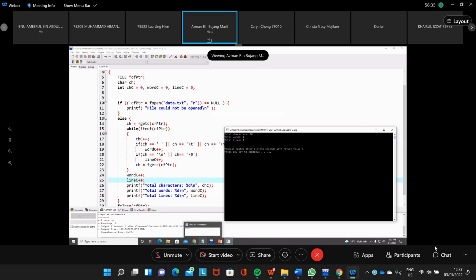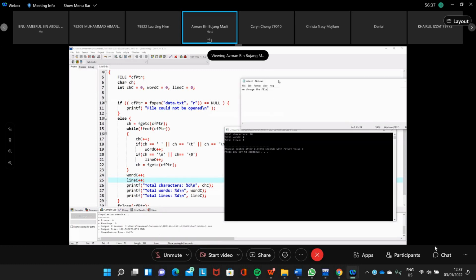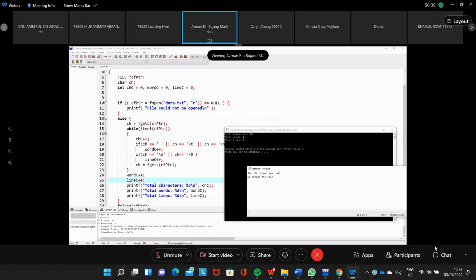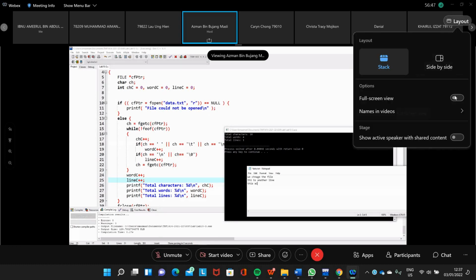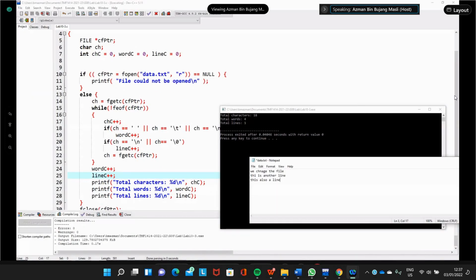To test it further, you can enter more lines. So this is another line. This is also a line. Last line. So we have 4 lines, and then we save the file.